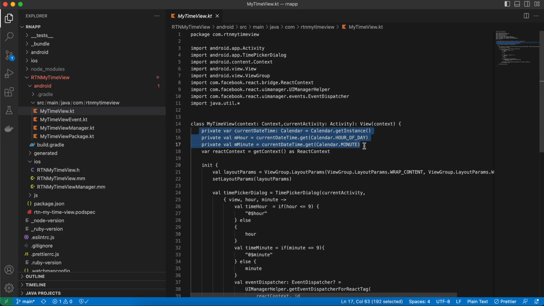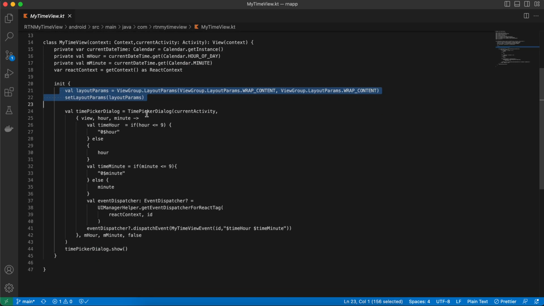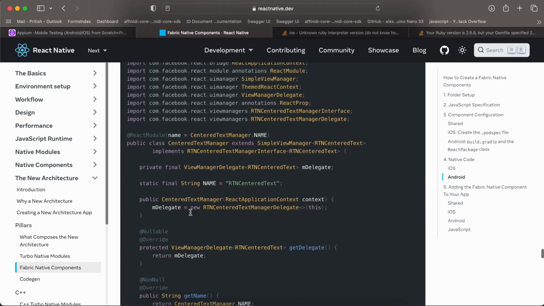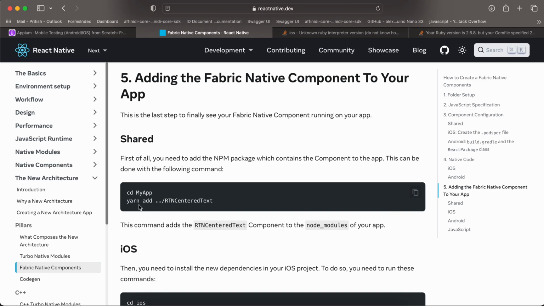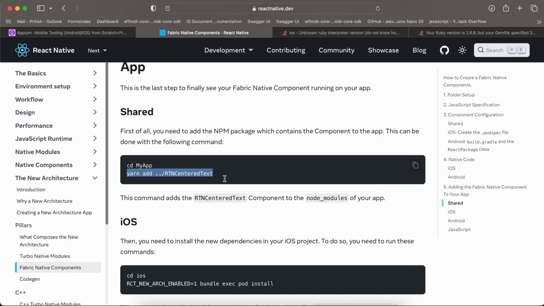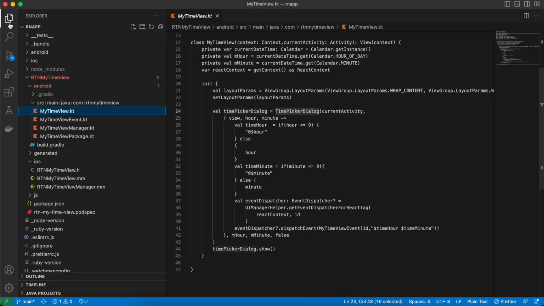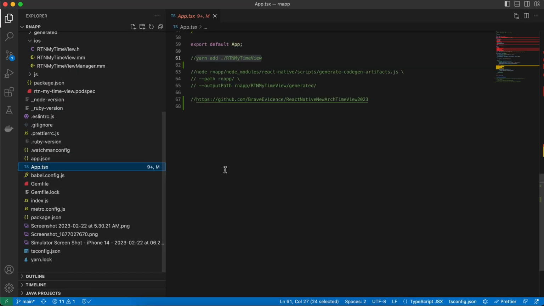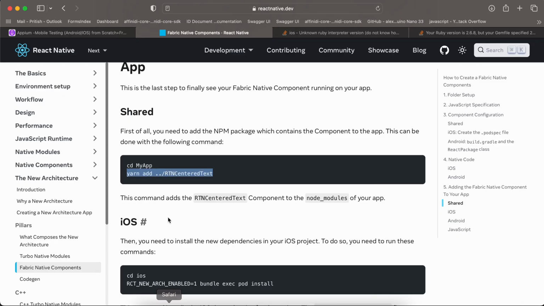So pass the current activity over here, and basically here we are doing some kind of date time calculation to get the hour and the minute. And here we are just laying out our views, and here we are creating the TimePickerDialog and then showing the TimePickerDialog. Next, all we have to do is again run this command inside the root of your project. So you can just run this yarn add ./RTNMyTimeView, and for iOS you have to